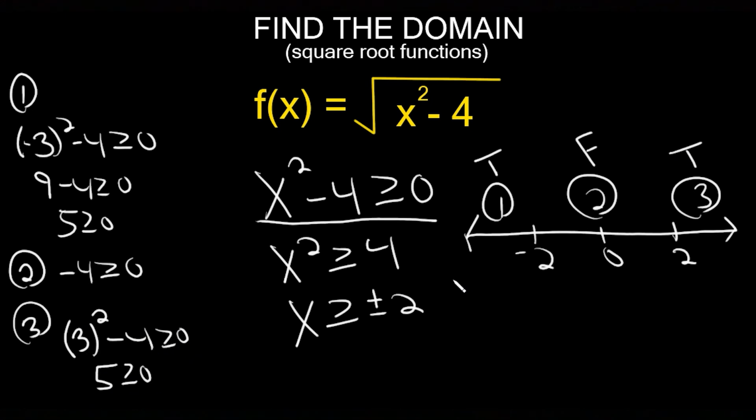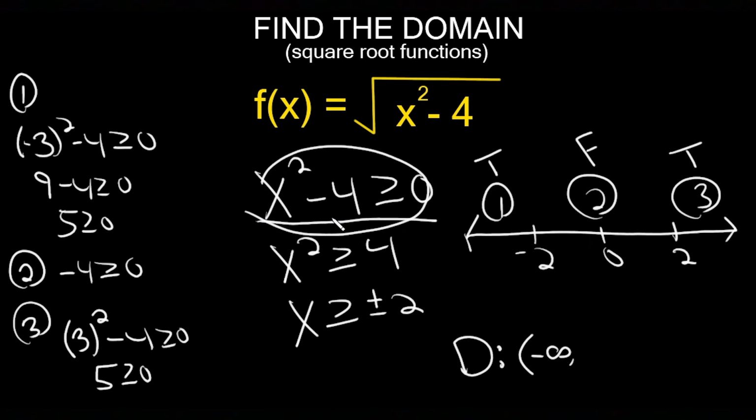So we have our domain now. So our domain is going to be the following. And I'm going to go ahead and write it in interval notation. We're going from negative infinity to negative 2. And again, you cannot be on negative infinity, so we're going to use parentheses, okay? And we're going to negative 2, but we can be on negative 2. That would work. That would give us 0, okay? If we were to plug it into this right here, okay? So that will work. So I'm going to put negative 2, meaning we can be right on it, so a